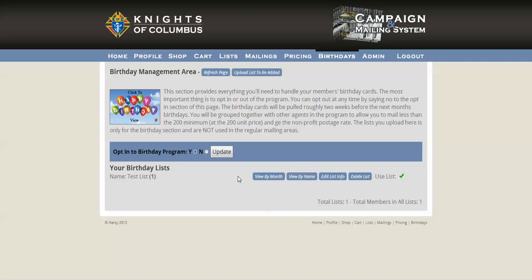The system pulls by whatever lists you have in the system. So if you decide that you have lists in here and you don't want to be included in the birthday program at that time, you can click no and update that. So now,